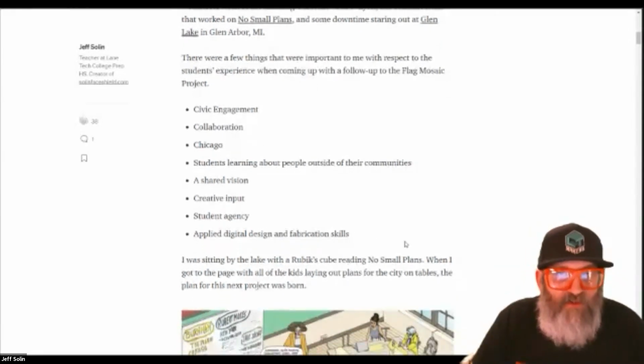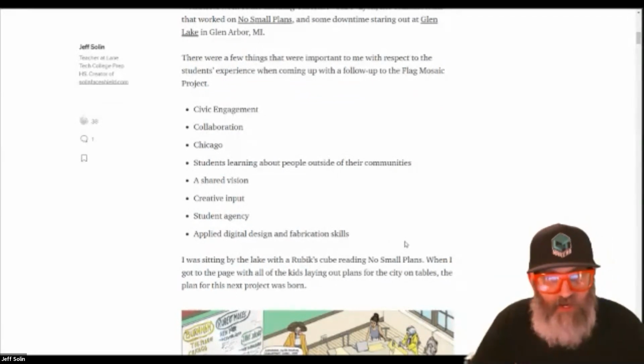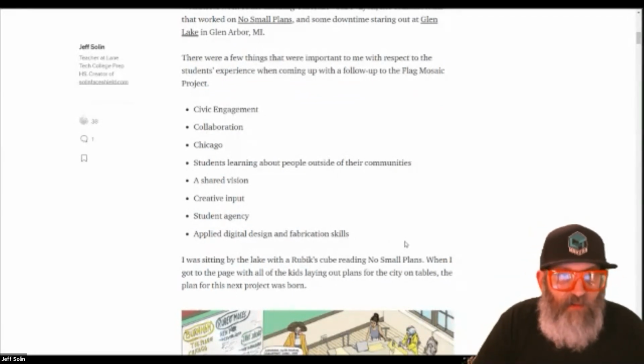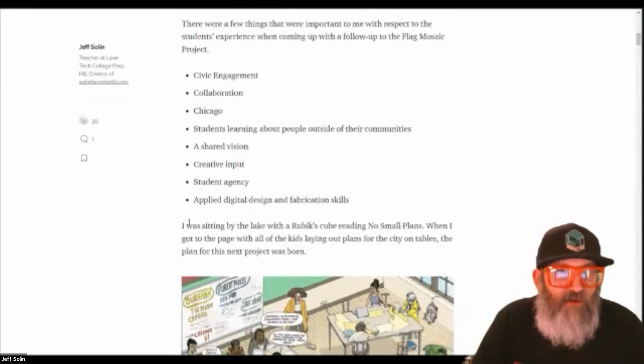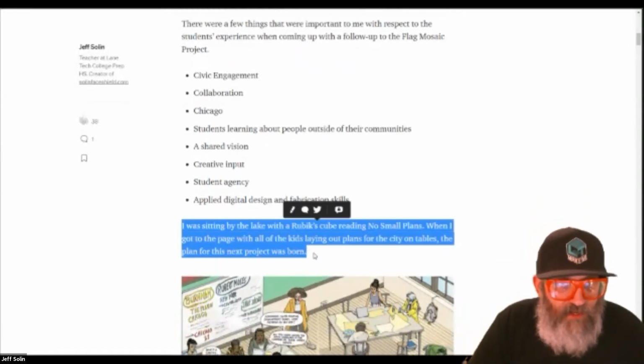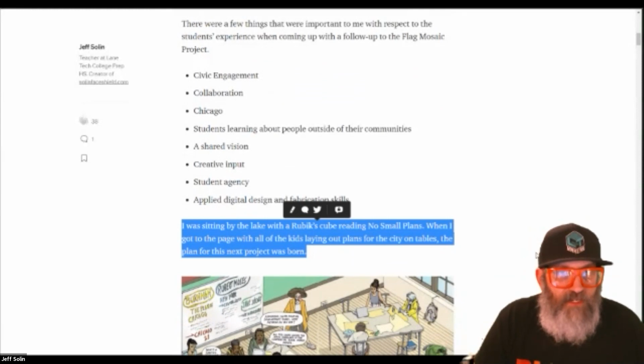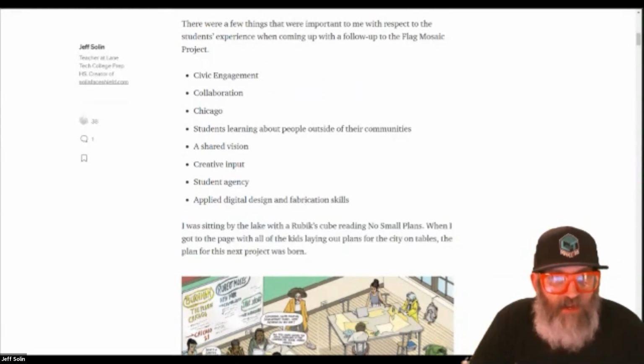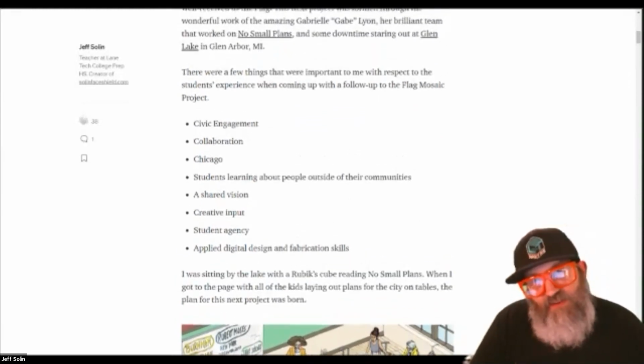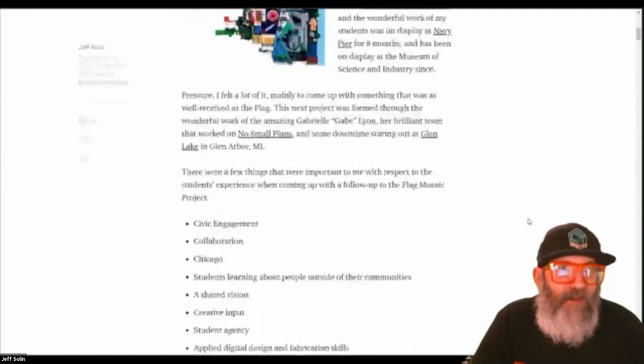And I wanted them to use digital design and fabrication skills that we had learned throughout the year. We go through different smaller projects using all these different tools and then put it all together into some final project. And that was this. Those that know me know that I'm kind of into Rubik's Cubes. This kind of started by, I mentioned it up here,